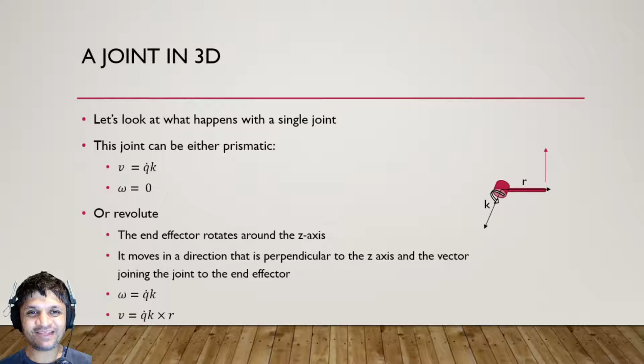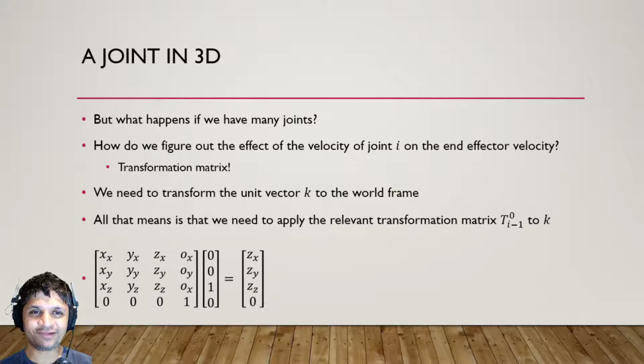That's pretty cool, but it's for a single joint that the end effector is just directly connected to. What happens if you have multiple joints? Well, then what you have to do is figure out the contribution of each joint to the velocity of the end effector. So if there's one joint that's making the end effector rotate by 10 degrees and another one that's causing it to rotate by 20 degrees in the same axis, that means it's going to just rotate by 30 degrees, which is great, right? Maybe there's one that's causing it to rotate by 10 degrees in X and another one that's causing it to rotate by 10 degrees in Z. Then you've got those two 10-degree rotations. So it's quite easy to combine these